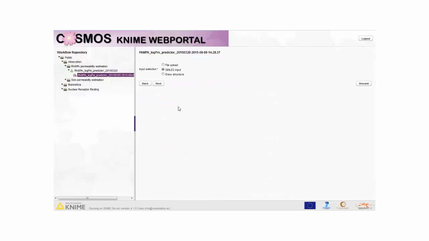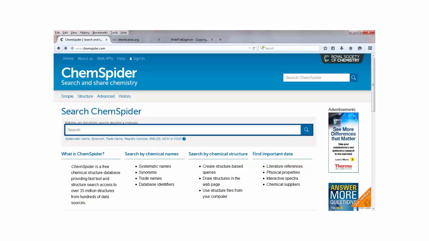Now we will start it, and we are presented with the choice of the input form of our molecule. We can upload a file with a number of structures, put SMILES in, or draw the structure. We'll go forward with our SMILES. Now we have to supply log-D and the source of log-D, either ACD Labs or ChemAxon. We're going to ChemAxon,